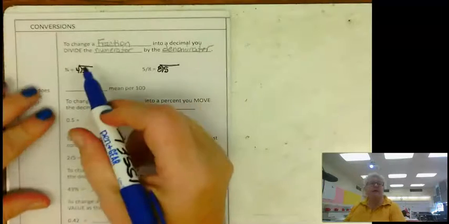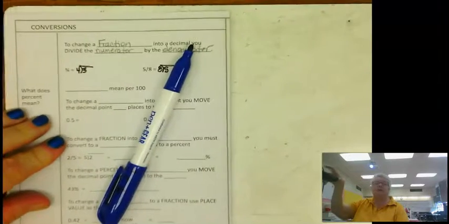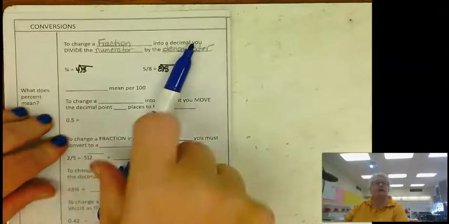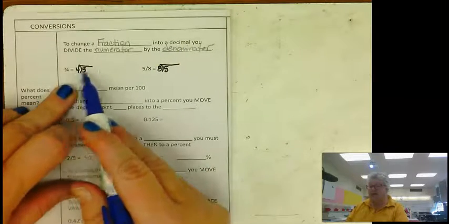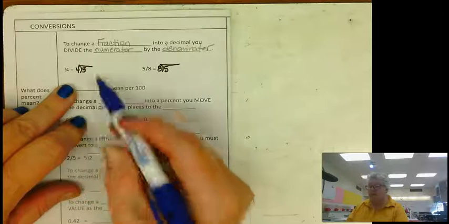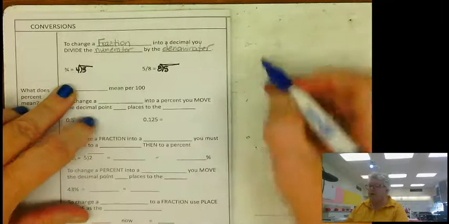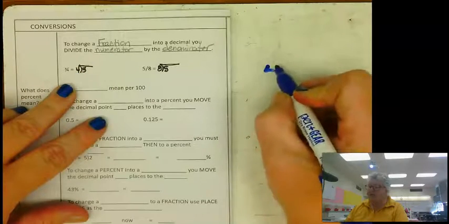So if we have 3/4, let me hit the focus here just real quick. That's a little bit better. So 3/4 is the same thing as 3 divided by 4. Okay, so 3 divided by 4. So if I do this,